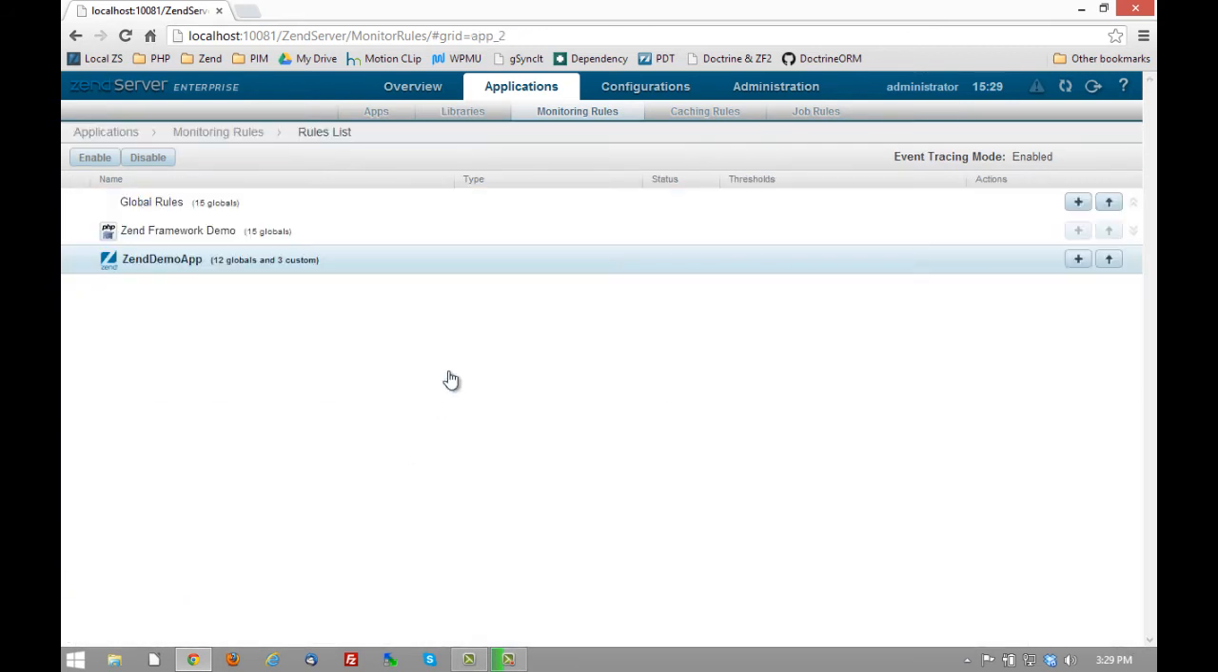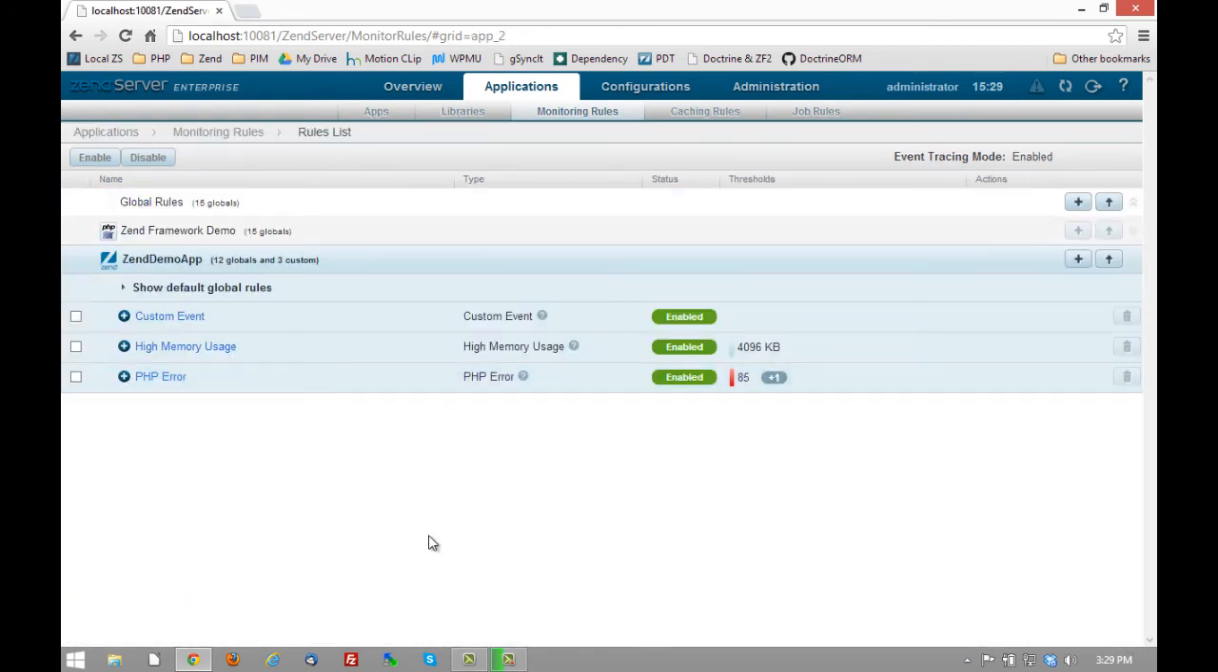Let's also go look at the ones that are specific to an application. So here you can see, in addition to the global rules that apply to all of the applications running on the server, this specific app has been configured to have some additional rules. Right? So you see some of the standard rule types: a PHP error, high memory usage. Let's look at this custom